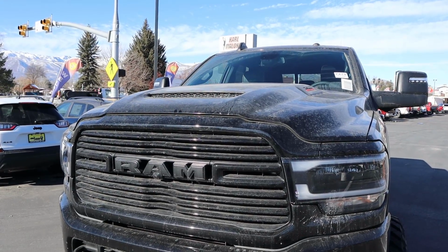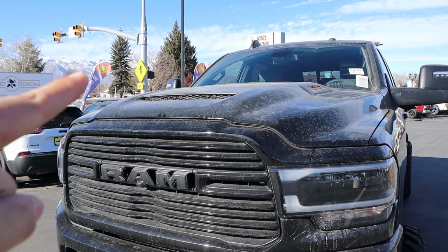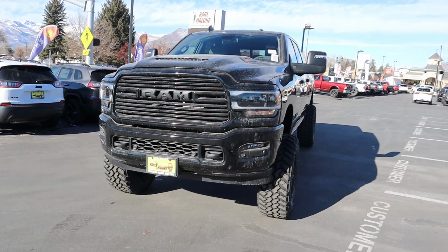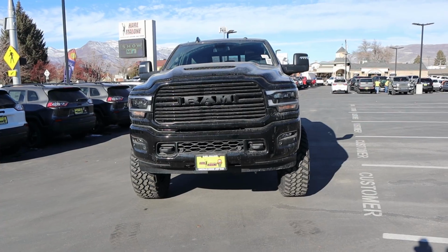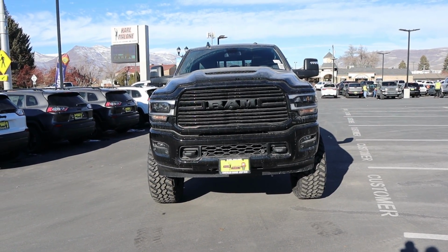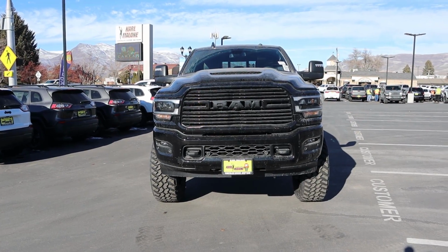Now, I just want to quickly mention this one is built off of a night edition package. You have the cool sport hood. Everything's blacked out with the truck, so it has that sporty, aggressive look. And you can see these stands here with the lift from the front. It's crazy. I mean, you guys probably noticed from the thumbnail, like, I look just absolutely tiny next to the